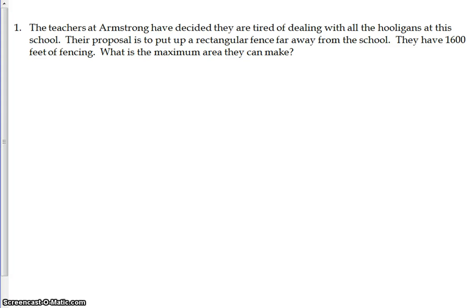Right, the point of this video, if you're lucky enough to find it, is just to give you some hints on how to start solving some of these word problems, especially if they're frustrating you. So the first word problem says we have the teachers at Armstrong, and we're going to have a rectangular fence